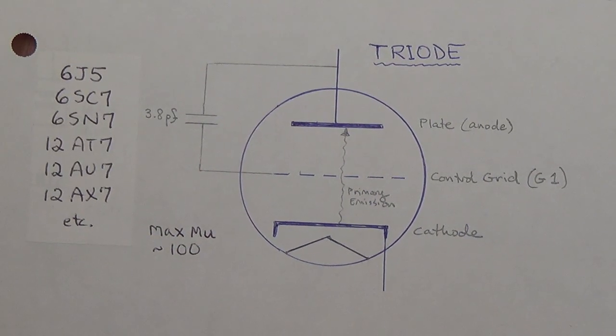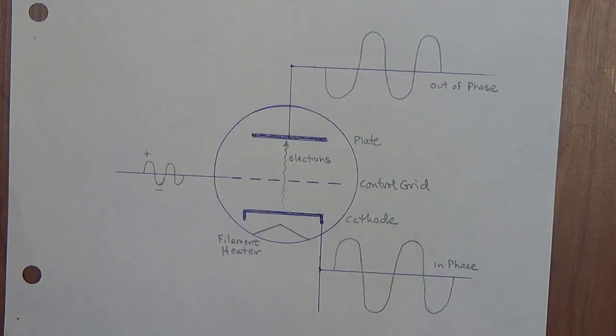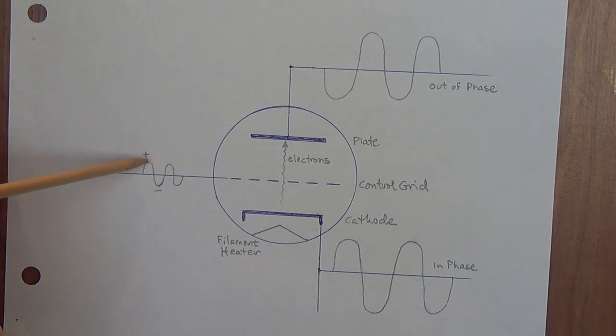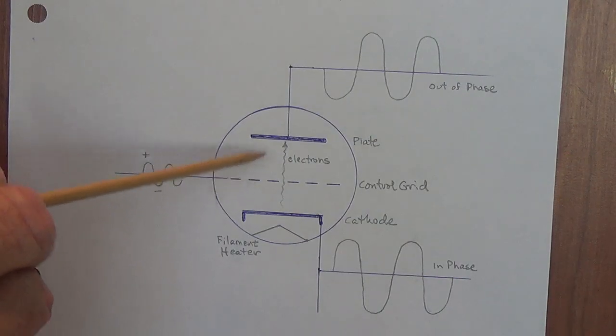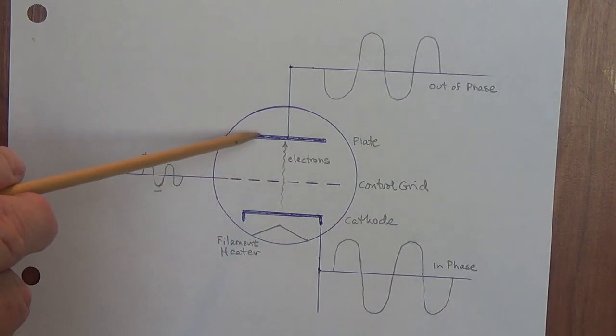triode. Let's review briefly how the triode functions, and in so doing see why it makes an excellent preamplification tube and phase inverter. Here we're going to inject a small, weak signal, like a guitar signal, into the grid of the tube. We have a very highly charged plate up here. It might be, say,